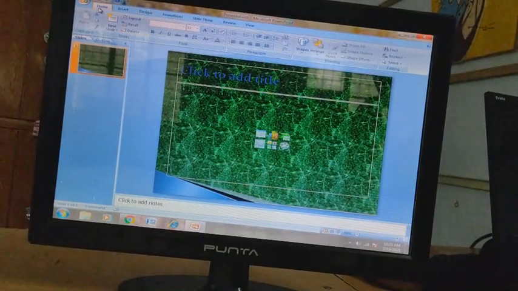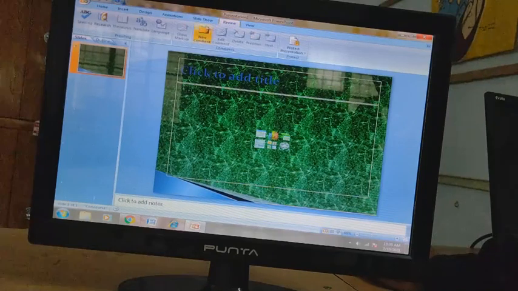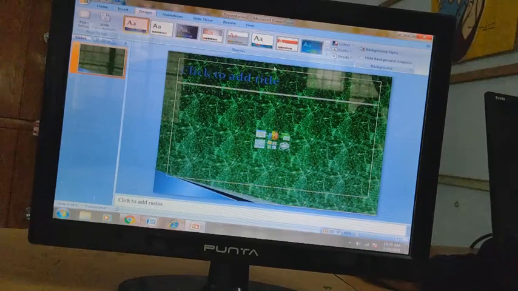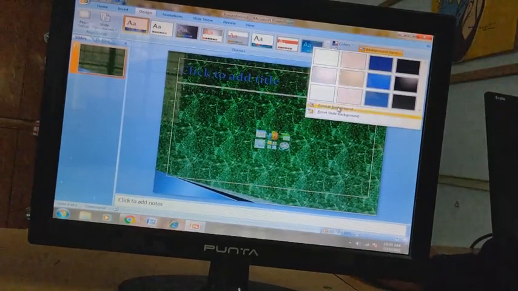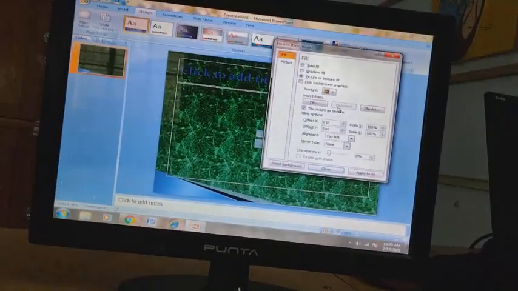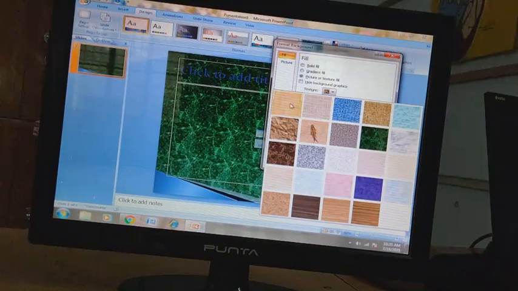This is the way where you can insert a texture. What you have to do, you have to go in design, background style, format background. In format background you have to select the different textures according to your need.